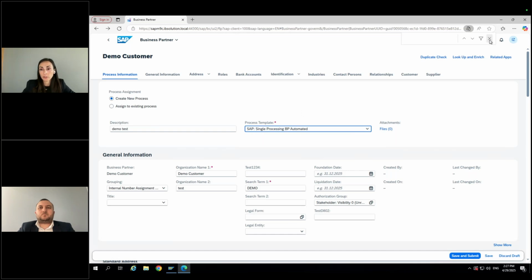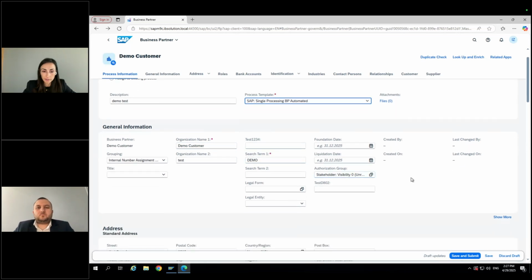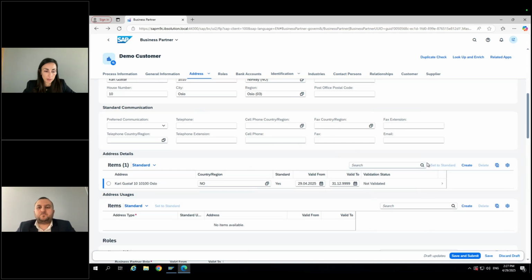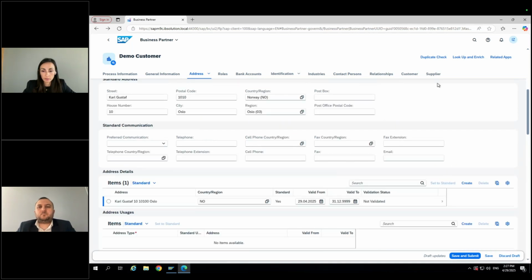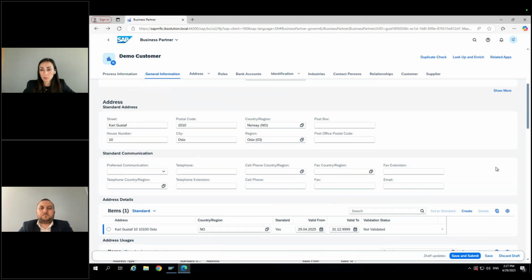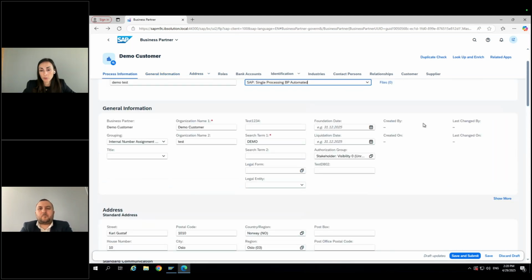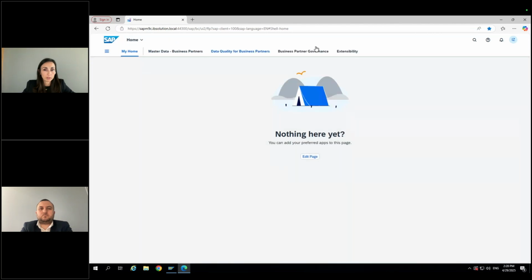We have also all the standard possibilities for duplicate check, so that it won't work at the moment because I think this is one of our unique records, but it is available for usage. Finally, we can save and submit our change request, and it will either be automatically approved or sent to our next step. But what I would like to show you is now the process path on an existing record.